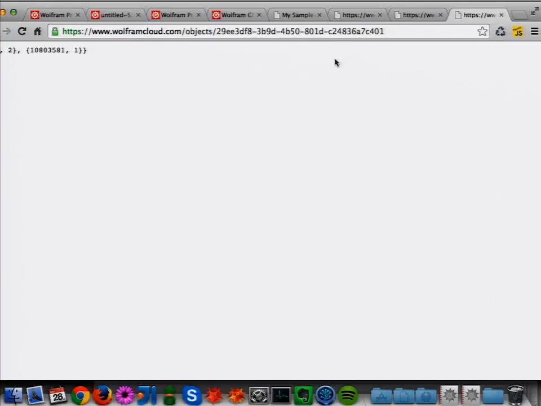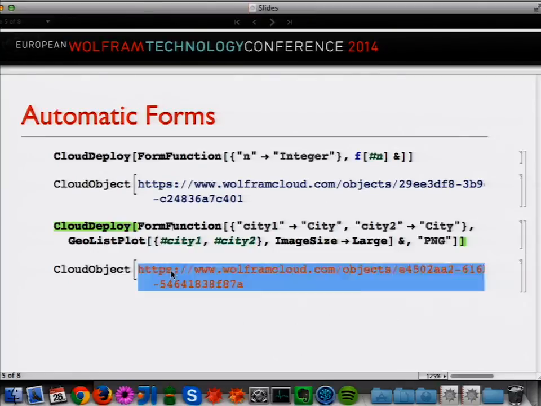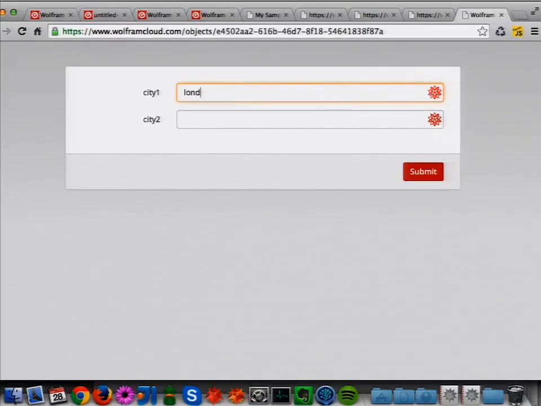Now, as we said before, you could export this in all sorts of ways, so you could also return an image from this form, for example, to have something nicer looking. And because it's the Wolfram Language, it doesn't only know about integers and primitive types, but for example, a city is a first-class type in this specification. So you can say you have a form that takes 2 cities as parameters and then creates a GeoPlot of those 2 cities. So if we go to that form and enter 2 cities,